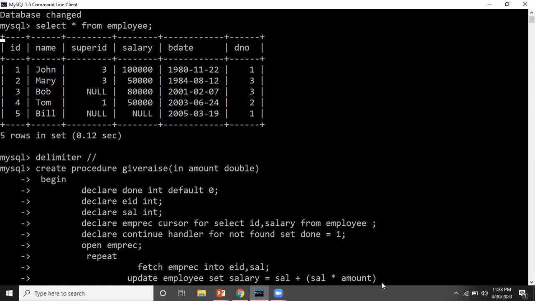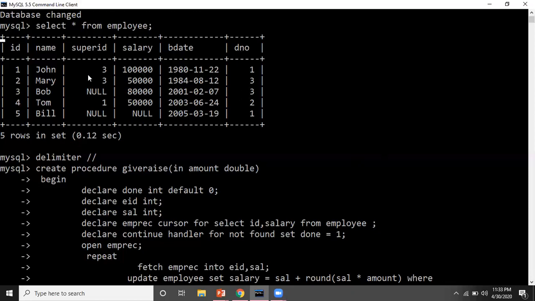Fine. To get the rounded value, we have a mathematical function ROUND which rounds off the values, right? So I'm using the mathematical function, so a rounded value we will get here. Okay, now I have to put the condition. Here we will do this calculation and set it to the salary column. Okay, now next what? I have to give the where condition. So where, now what do I have to put?